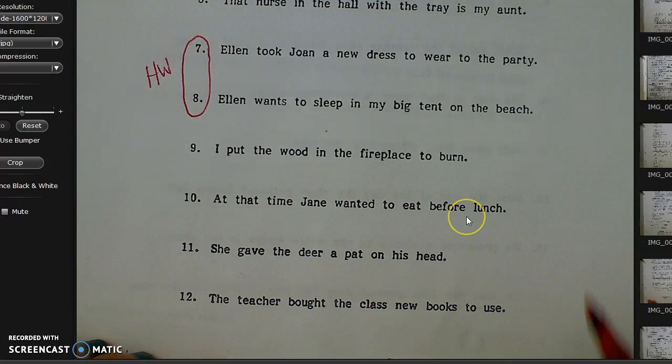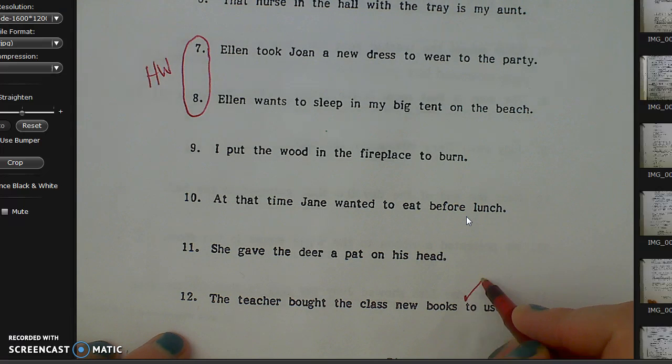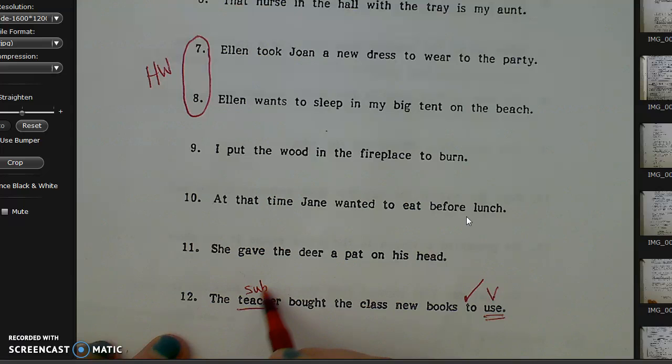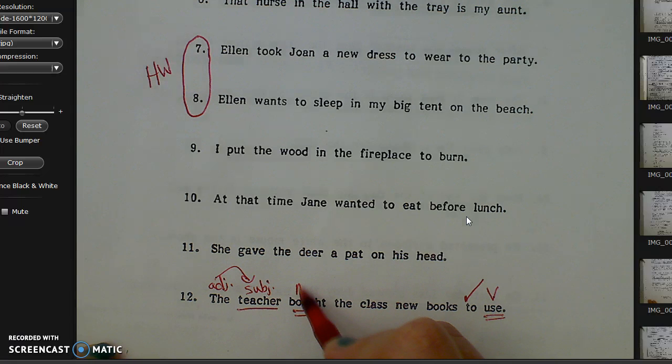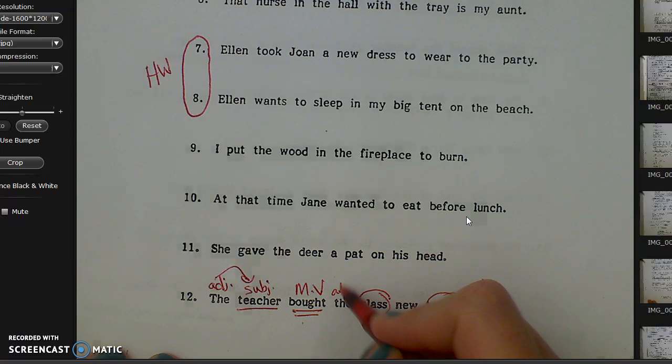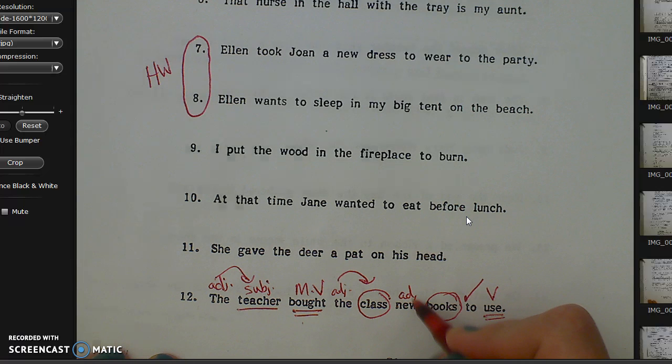All right, so we are going to check the 2. And use is a verb, so I double underline it and put a V above it. Who or what is doing the action is the teacher. And what is the teacher doing? Excuse me, the label as an adjective, and the teacher bought. Sorry. Okay, so after the verb, I have 2 nouns that I have to circle. Class and books. So go ahead and circle both those. And so I don't forget, do our adjectives like I did last night.